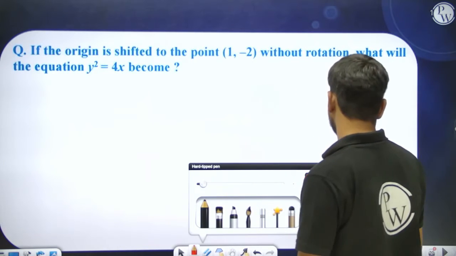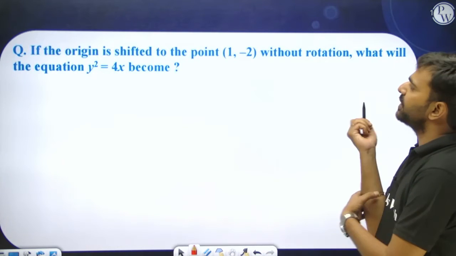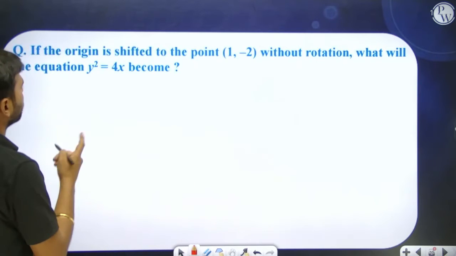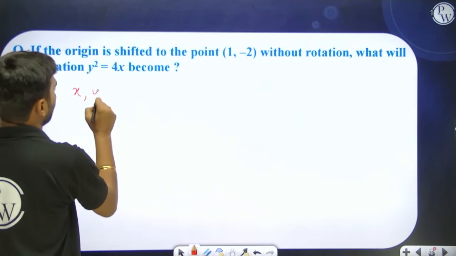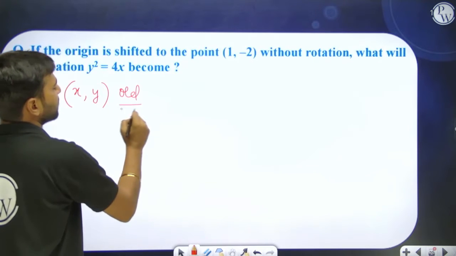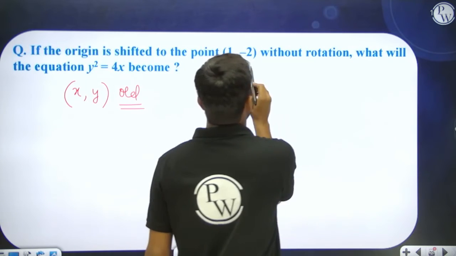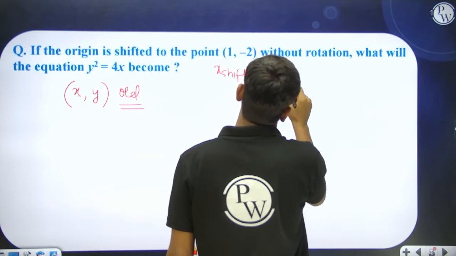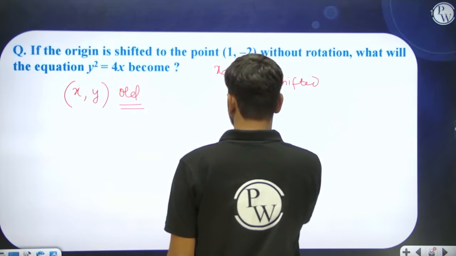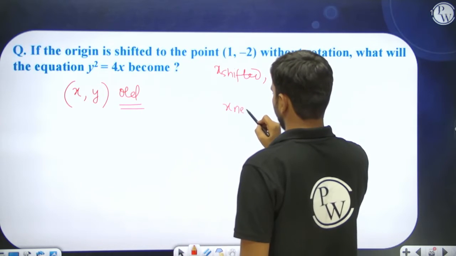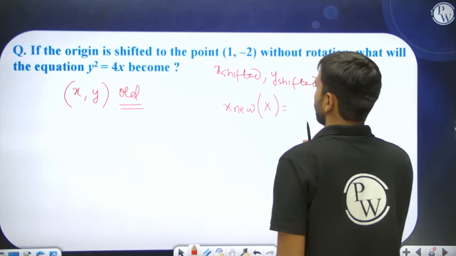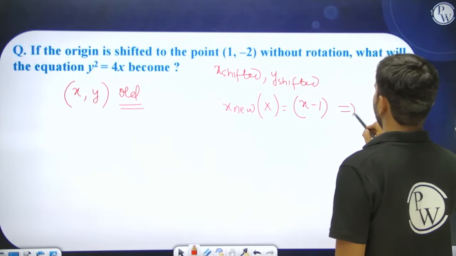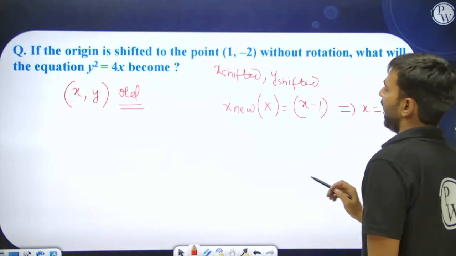Okay, moving on to the next thing over here. If the origin is shifted to this particular point without rotation, meaning translation has happened, what will be the equation of the curve? This. So this small x and small y, these are old coordinates, that's why it is asking what the new coordinates will become. These are shifted, so this is x shifted comma y shifted. So let's say NOSE rule, x new, I am calling it capital X, equals x old minus this, and from here we can see that small x is nothing but capital X plus 1, and if you talk about